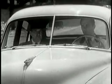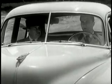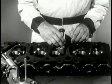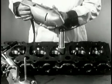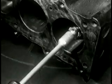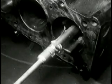A road test, when needed, helps to check the running condition of all parts of your car and is usually the climax of a thorough service inspection. In your Chevrolet dealer's service department, you'll find the kind of accuracy that makes for quality work. There's a special machine or tool for every job. Whether it's valve refacing or honing a cylinder wall, you can depend on the job being done to factory standards